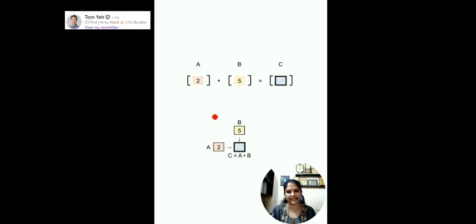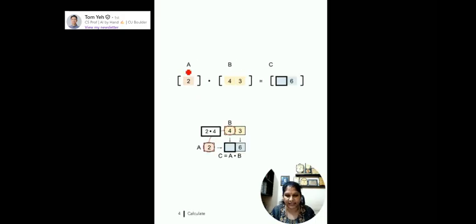And towards this exercise, kindly observe, dear friends, vector A has the value 2 and vector B has the value 5. And when multiplying 2 times 5, the resultant of this element-wise multiplication here is 10. The vector A has only one value, that is 2. The vector B has two values, that is 4 and 3.